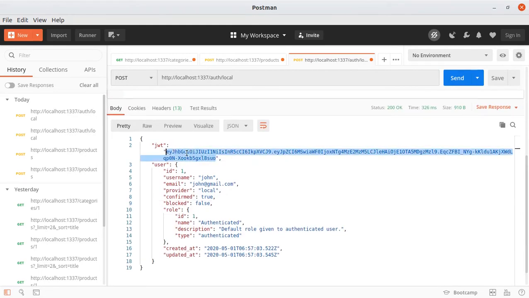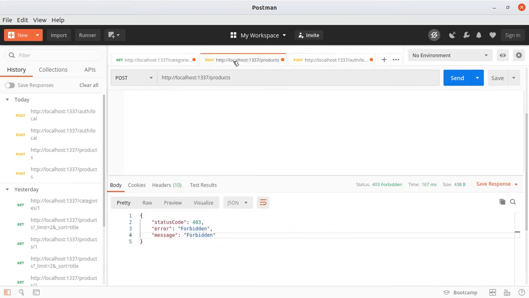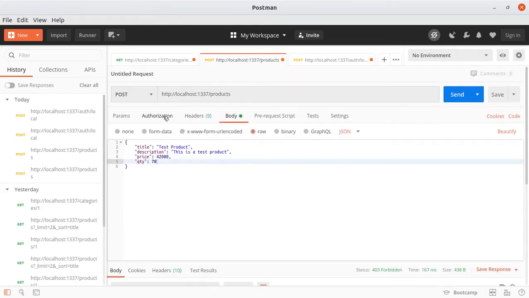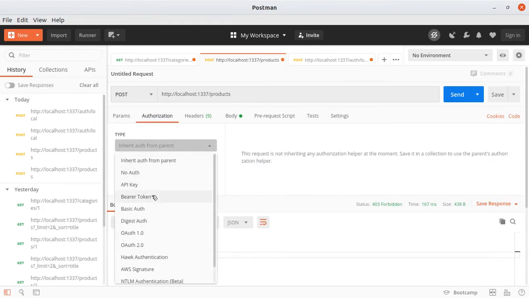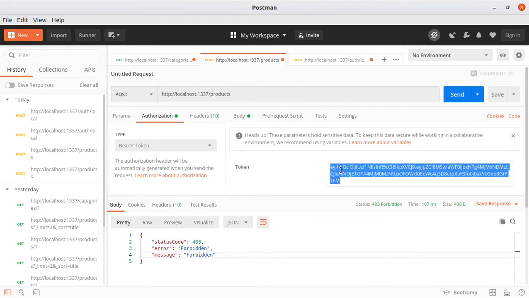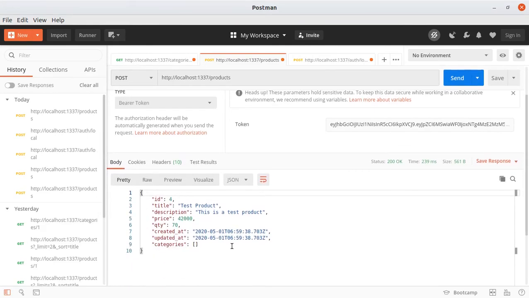So I'm going to grab the JSON web token. Obviously you would do this in your application. You would probably save this to cookies or local storage or whatever, and then you would send it along when you want to make a request to a protected route such as these products. This create products, so what we need to do is just in Postman set the authorization bearer token, paste that new token in, and now if I send, we get a 200 response back, and it just gives us our object, so it gives us the product we created.